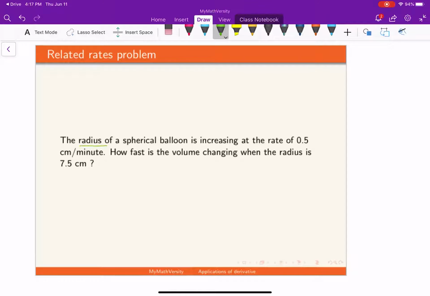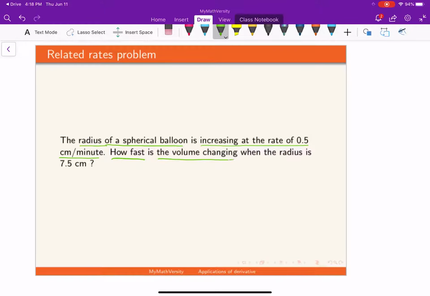The radius of a spherical balloon is increasing at a rate of 0.5 centimeter per minute. Right, so that's what we have been given over here. So we have a spherical balloon whose radius is actually increasing at a rate of 0.5 centimeter per minute. The question begins here. We have been told, how fast is the